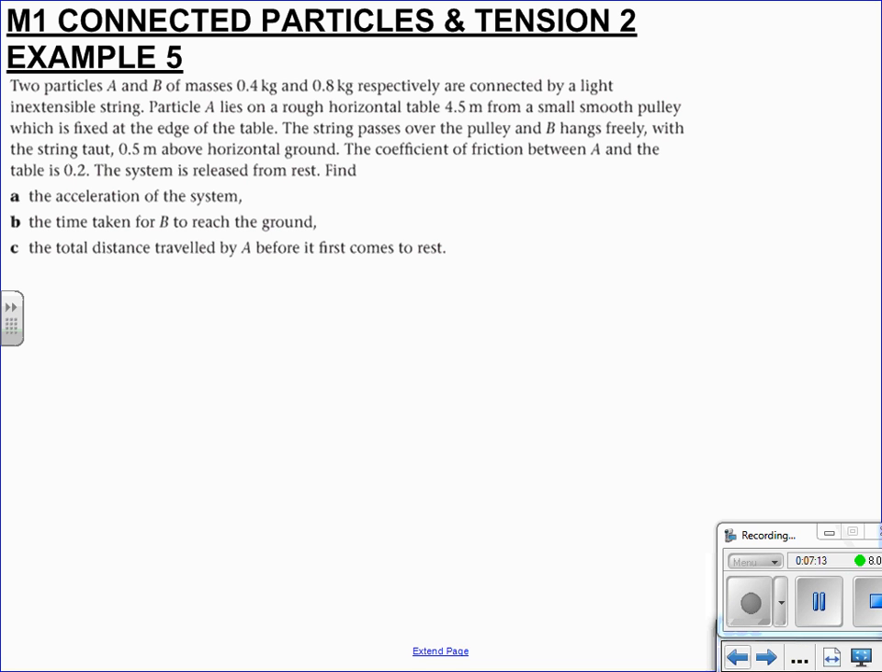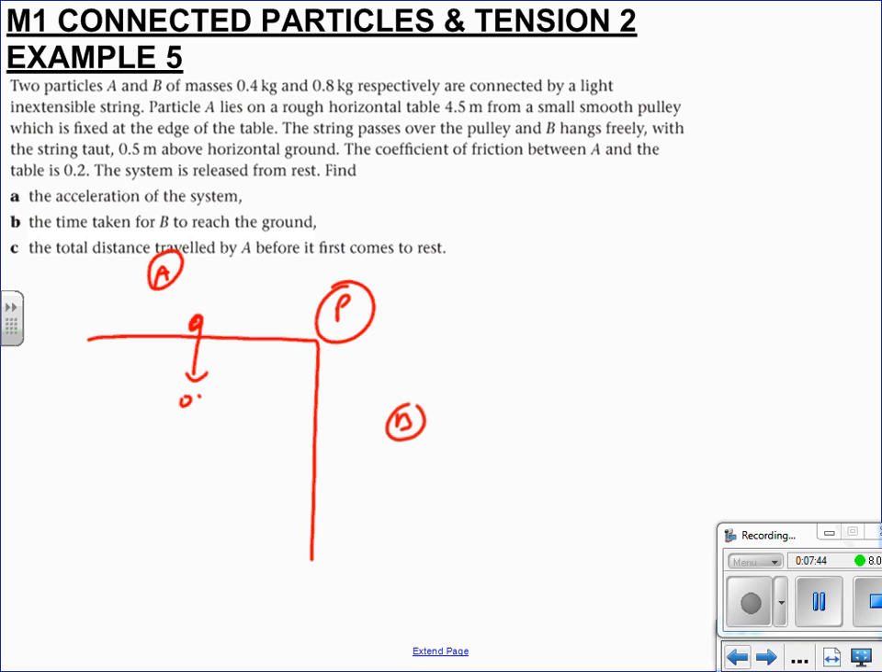Right, next example. So two particles A and B are connected by a light inextensible string. Particle A lies on a rough horizontal table from a smooth pulley, hangs freely. Okay, so here we go, horizontal table. So particle A, let's circle that one. Particle B, we've got our pulley here. I'll call that P. A has a weight of 0.4 g,